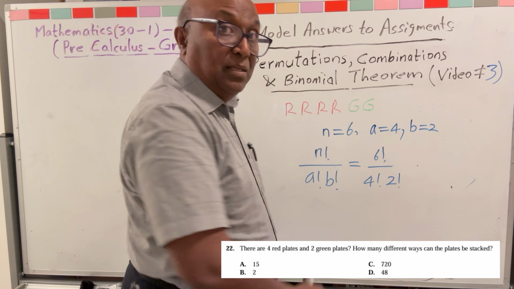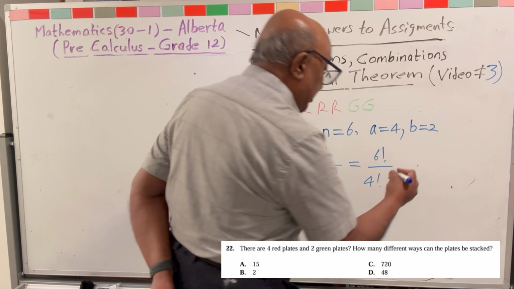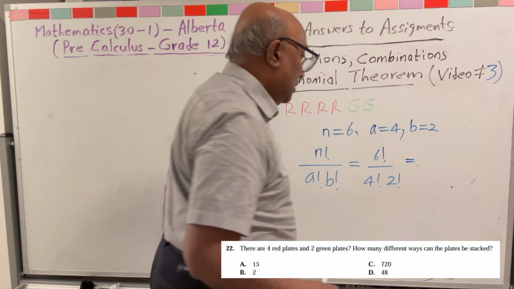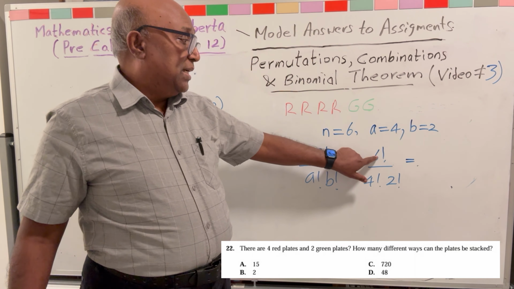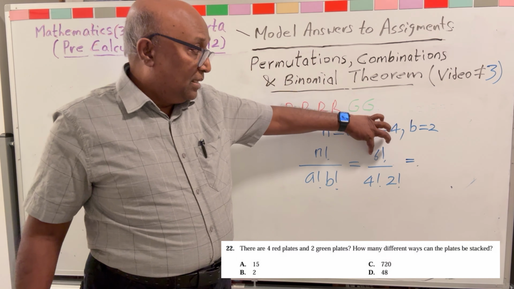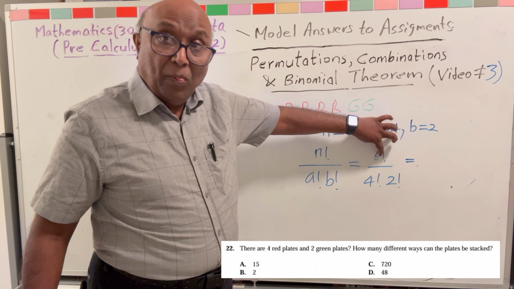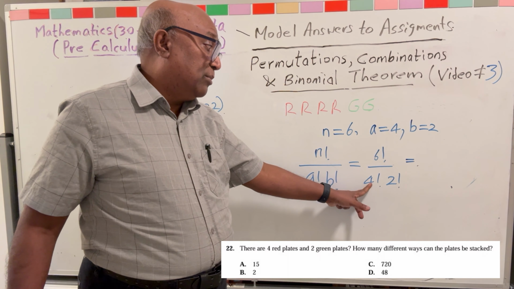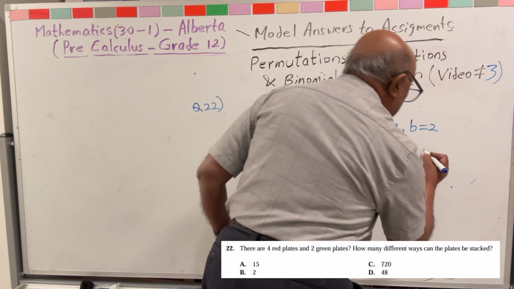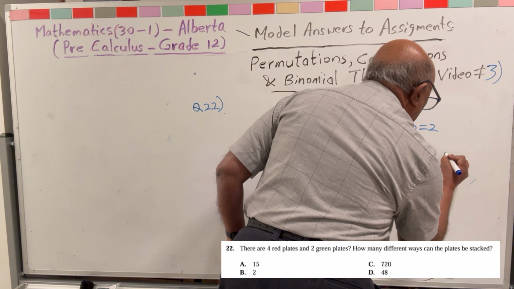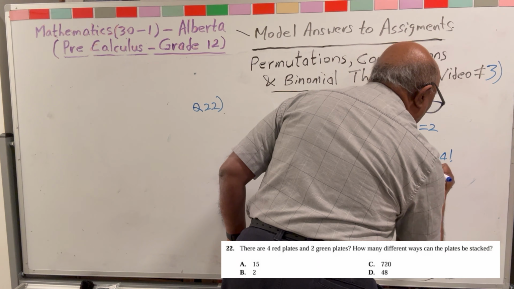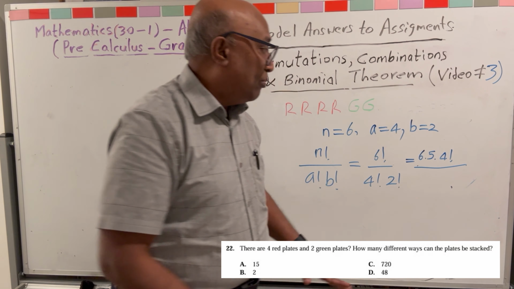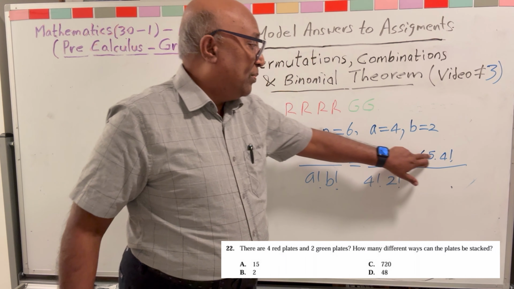How to simplify? Select a convenient method. You know how to expand this. Starting from 6, 6, 5, factorial 4, because I saw a factorial 4 in the bottom. So 6, 5, and the rest of the numbers make factorial 4. Now the top part is completed: 6, 5, factorial 4